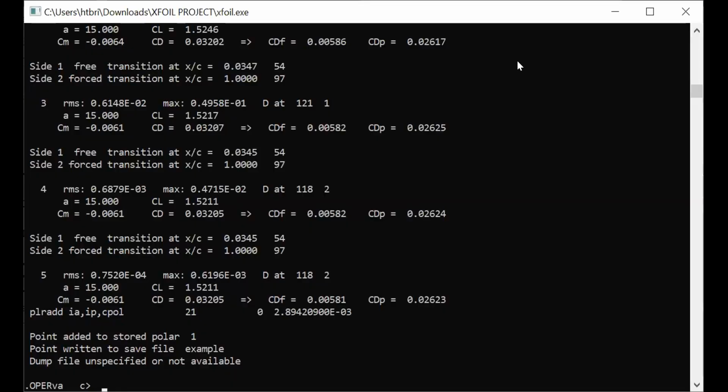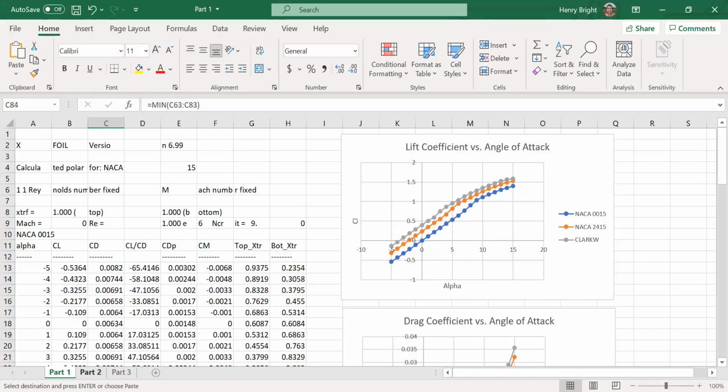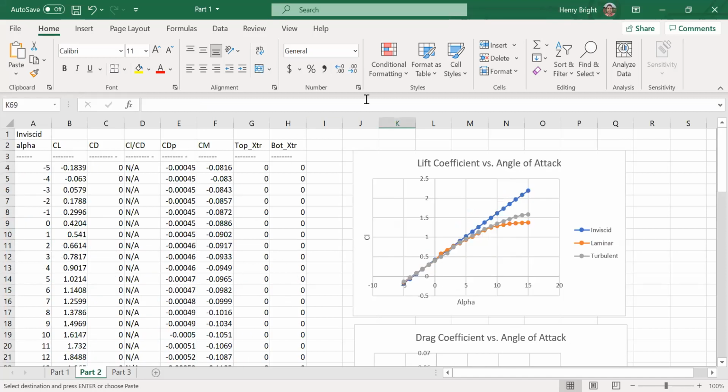Part 2, we're going to come back to XFOIL. We're actually going to close XFOIL, and I will keep it on Excel for a second. We're going to close XFOIL. Part 2, this is a little taste of the results we're going to get, but what I have to show you, we had to do this for part 1 as well, but we also have to do it for part 2, is we're going to have to